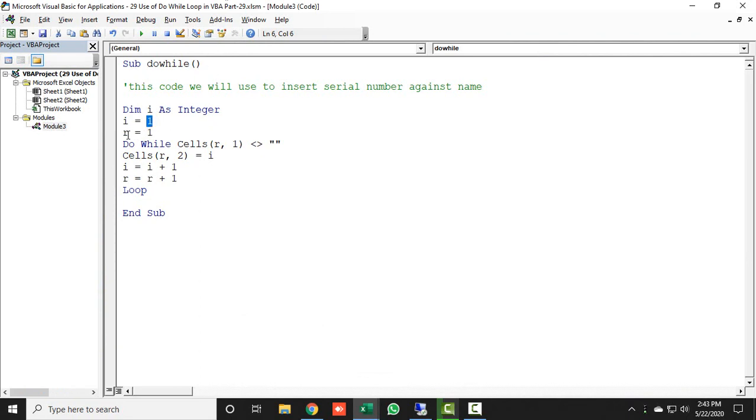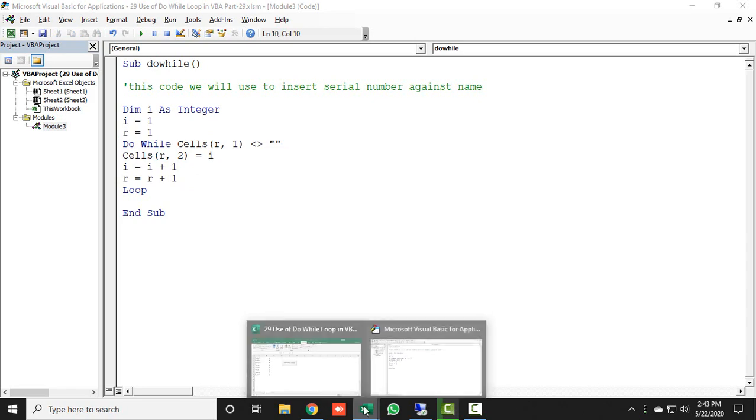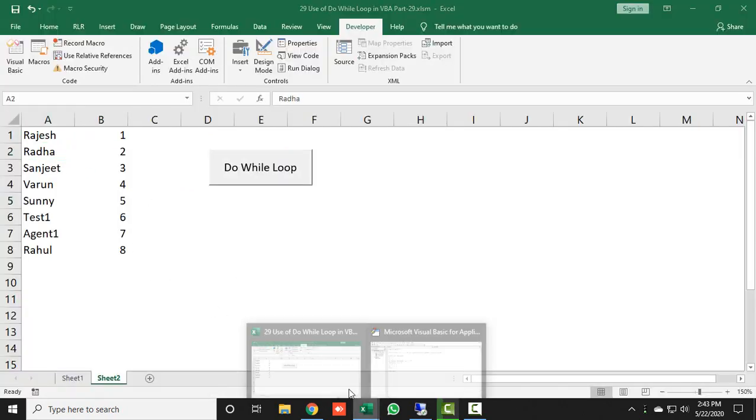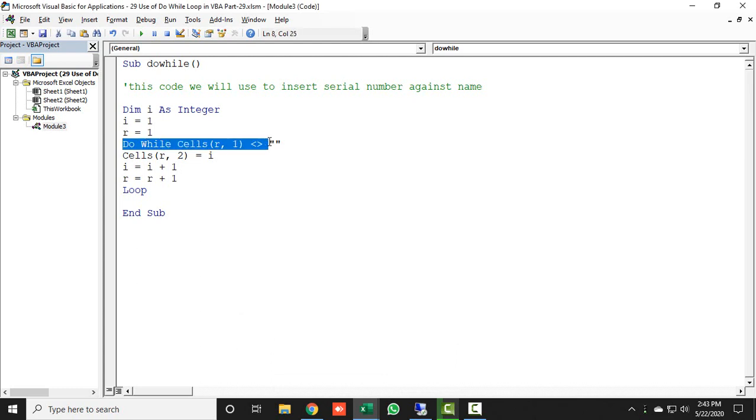After completing these two lines of code, it will run again. It will run r equals r plus 1. It means it will move to the next cell, which is Radha, and it will get back to this line and check whether this cell is blank or not. If it is not blank, it will do I equals I plus 1.